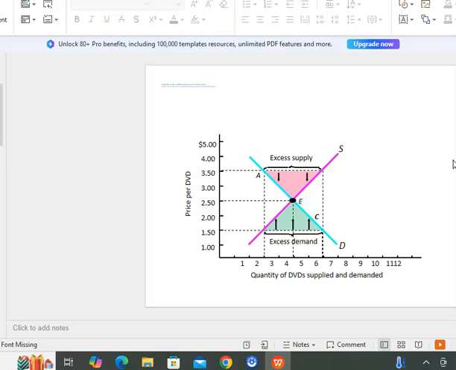And for excess demand, that's the situation where the demand for goods and services is higher than the supply of goods and services. And as you know, when there is a lower price for goods and services, consumers are willing to buy more of a good. So that's why you can see that when the price is $1.5, consumers are willing and able to purchase